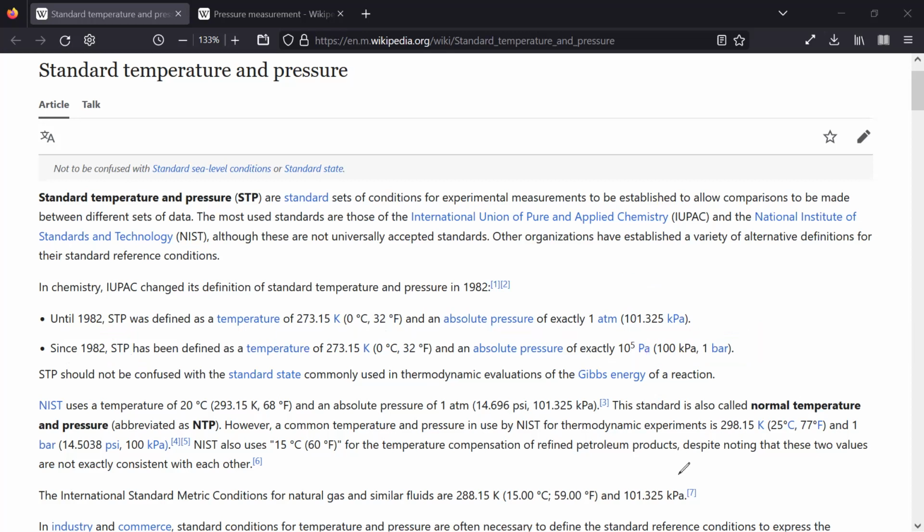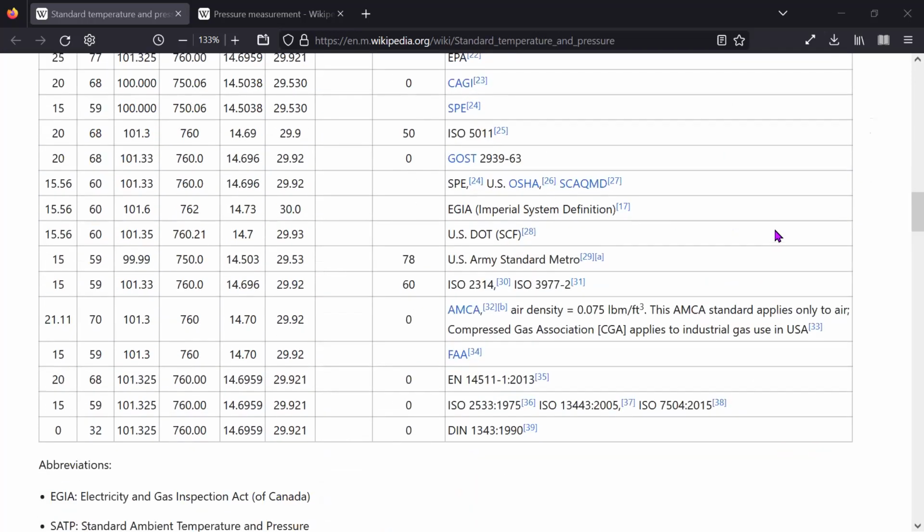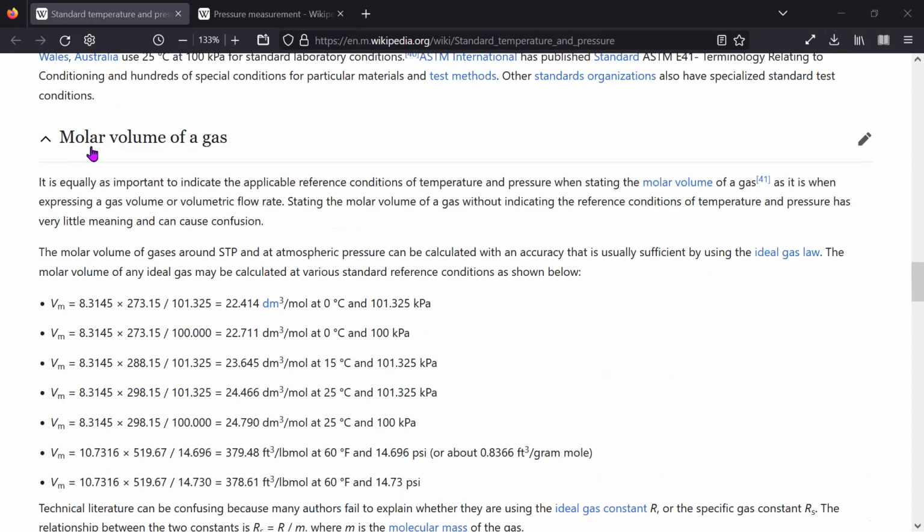This will become very critical for us whenever we are discussing the molar volumes. I don't want to go into details again about the molar volume part because we discussed that last time. But if you see these various values, 22.414 or 22.711, you need to remember that these values are as per atmosphere or as per bar. This is what you need to check, that the molar volume being quoted is according to which standard. Am I making sense or not? Great. So this is the introduction that I wanted to give you before we start the